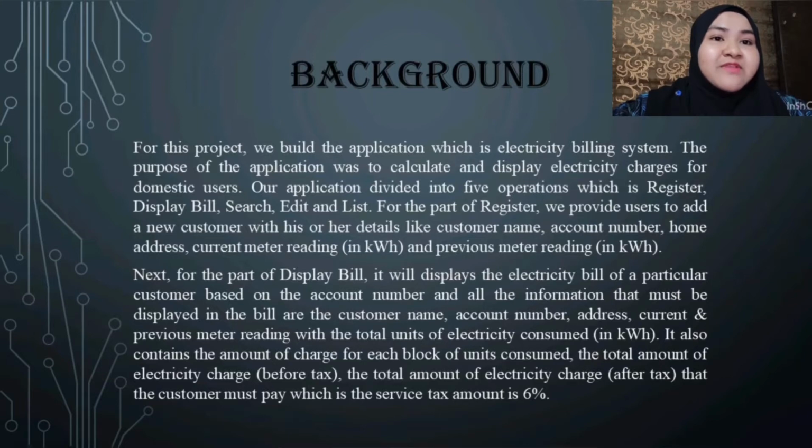Next, for the part of display bill, it will display the electricity bill of a particular customer based on the account number. All the information that must be displayed in the bill are the customer name, account number, address, current and previous meter reading with the total units of electricity consumed in kilowatt hour. It also contains the amount of charge for each block of units consumed, the total amount of electricity charge before tax, and the total amount of electricity charge after tax that the customer must pay, where the service tax amount